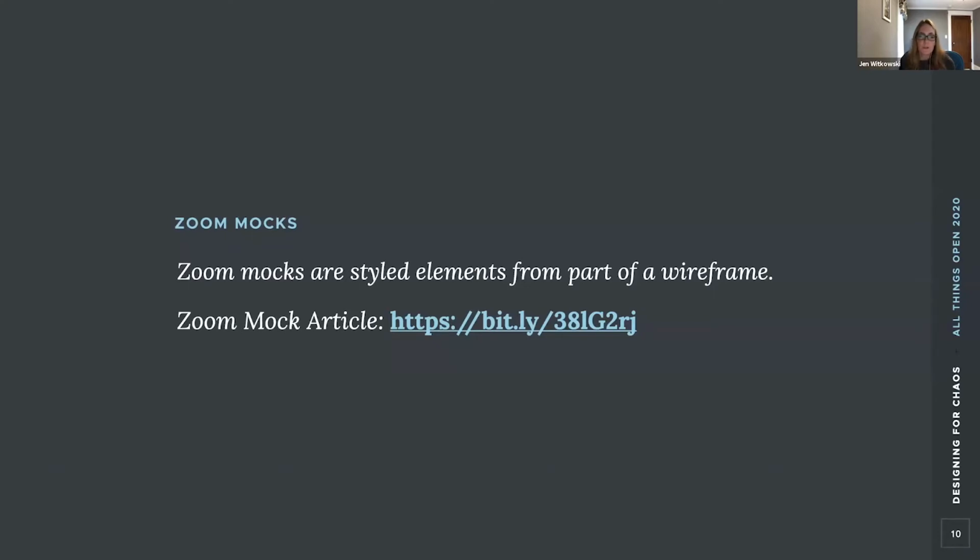It's an alternative to style tiles or element collages that we feel just works better for our team and our process. Our team usually creates 2 to 4 Zoom mocks, each representing a completely different style or variations in a specific style. And if you want to learn more about Zoom mocks, the details behind how to use them and when to use them, there's an article that I wrote that gets a little bit more into the nitty-gritty details about them.